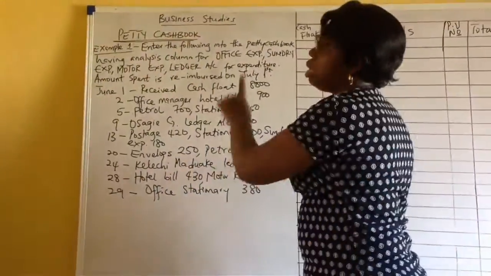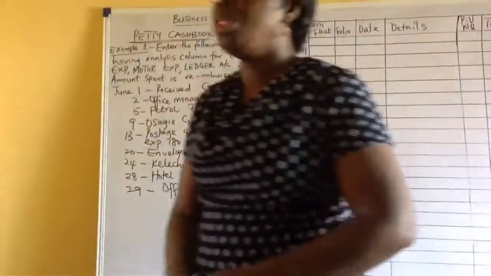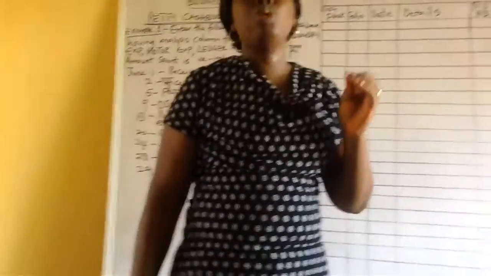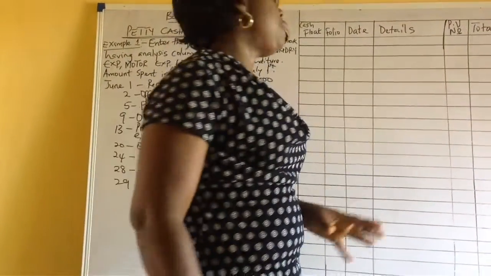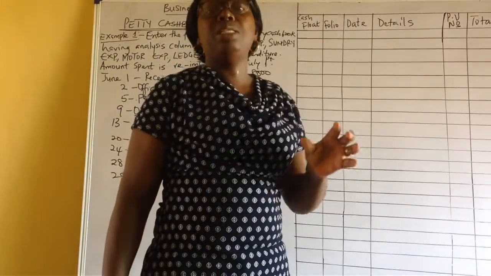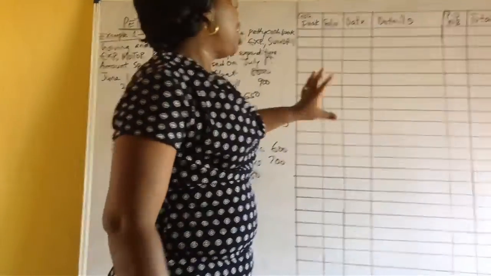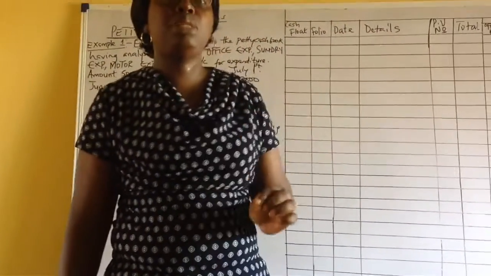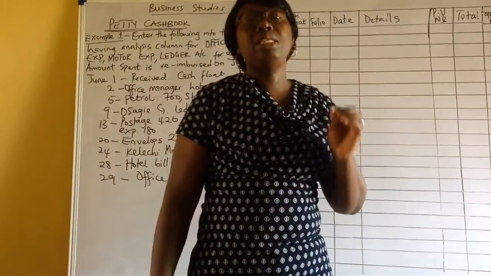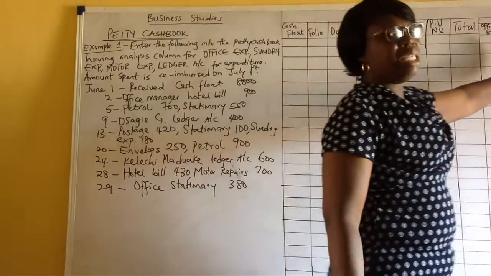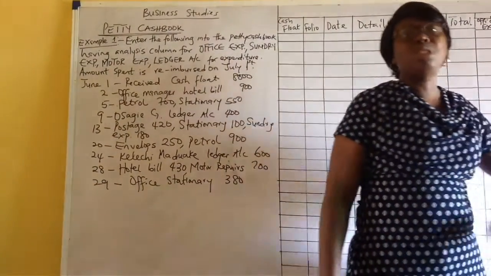Good day, class. Today we are taking the petty cash book. Now we'll talk about the petty cash book. We are talking about the book that is used for little expenses in the office. The petty cash book is managed by the petty cashier. And the petty cash book we are using for this is the analytical petty cash book. It is called the analytical petty cash book because it has columns for analyzing or breaking down what the monies